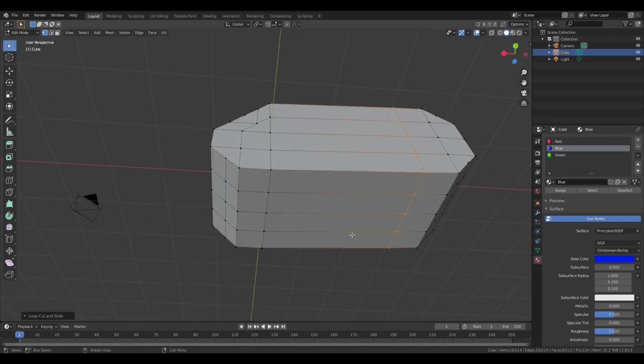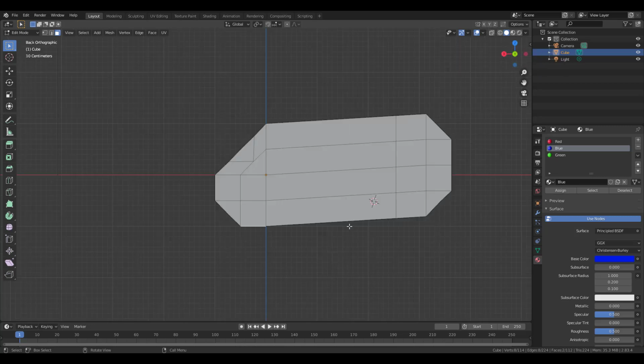Now you might be like, well, how do we get legs off that? Well, we already know that. We know how to extrude. So I could click on face mode, and I could select this face, and I'm going to hold down Shift and select this face, and then I'm going to click back on the Y because I want to look straight at it, and then I'm going to press E,